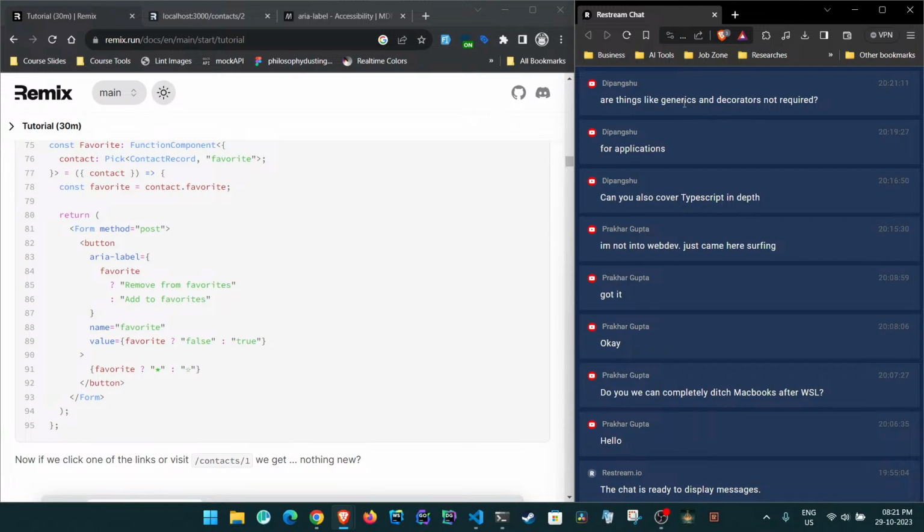Generics and decorators are mostly utilized if you're building a library, in my experience. But 90% of the time, you are only going to be using the primitive types and the type operator and the interface, these two, and their operations, interfaces and types operation for sure. Sometimes you will use something like record, pick, or omit, things like that, but not in that depth. And if it is required, say 1 or 2%, then ChatGPT or Google or Stack Overflow can always work in your favor. It's not much of a deal,